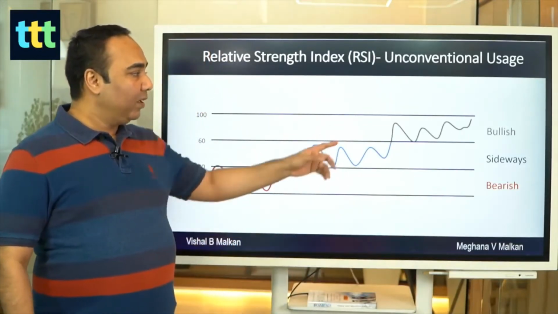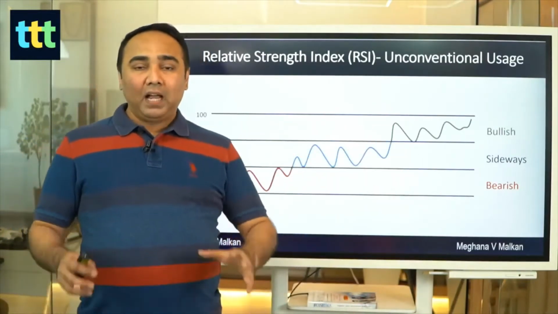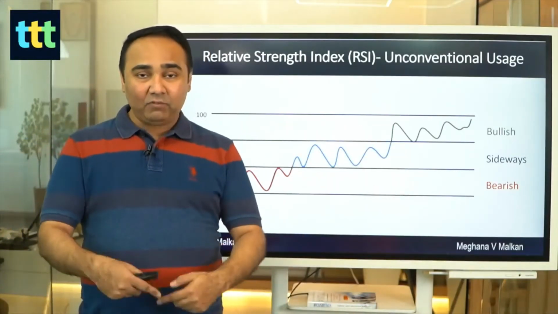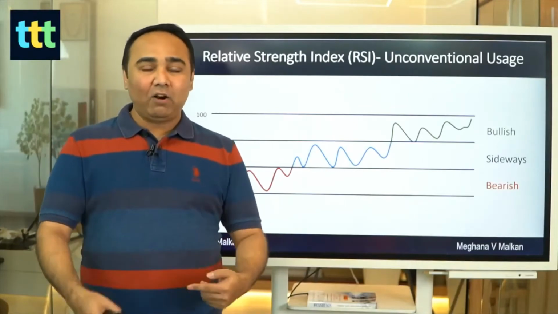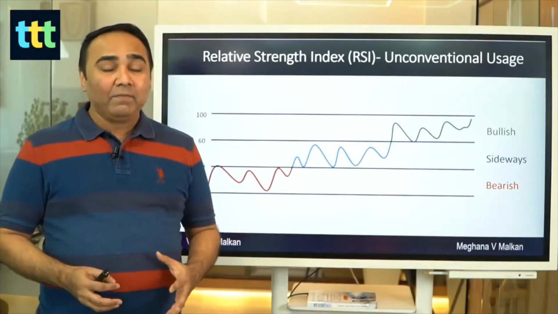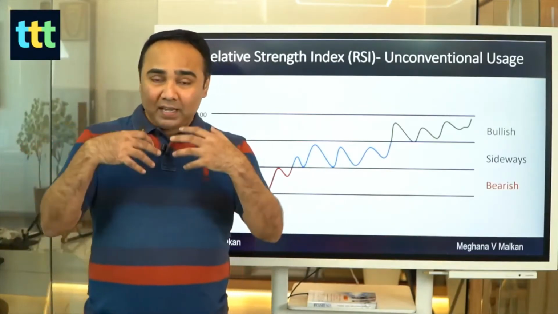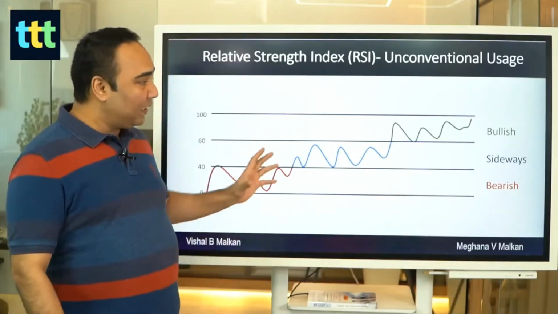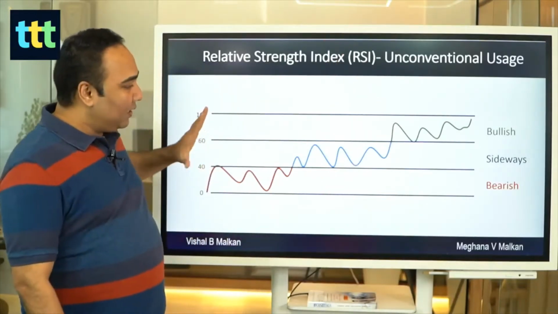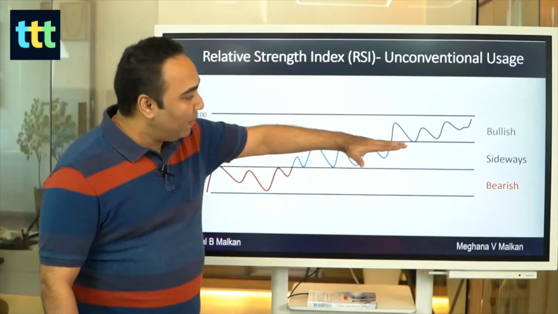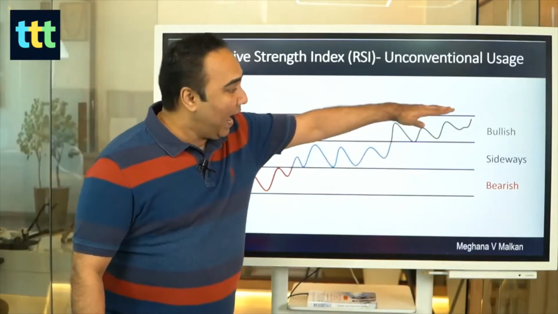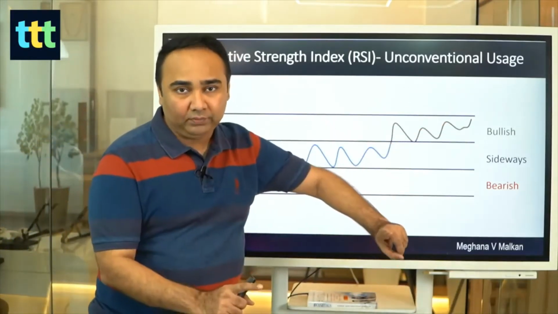And the third one would be bullish, above 60. Now, I strongly suggest after immediately watching this video or episode, go and check out my other RSI videos which you will find. And of course, we'll make more episodes like this on RSI for these advanced concepts also. So simple: below 40 bearish, between 40 and 60 sideways, and above 60 bullish.